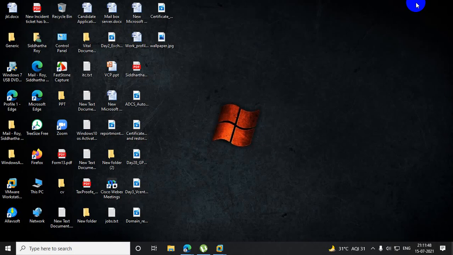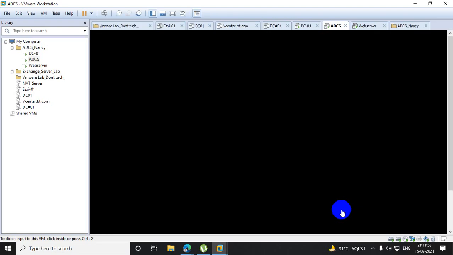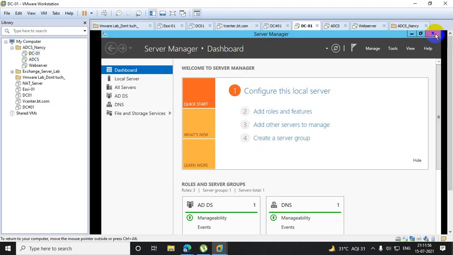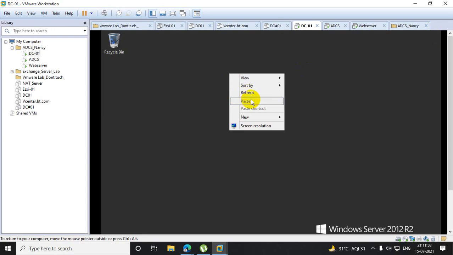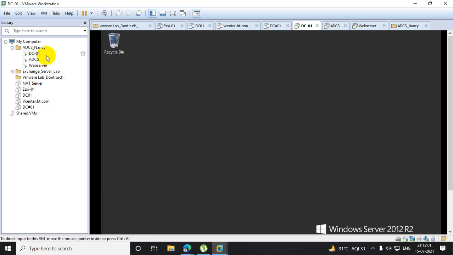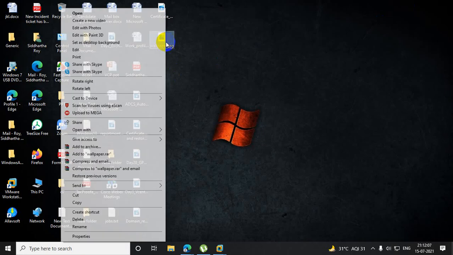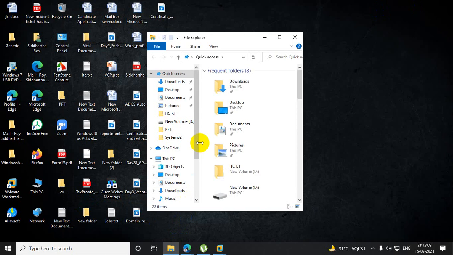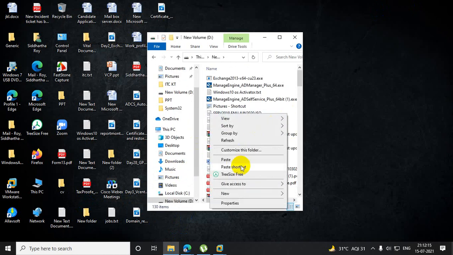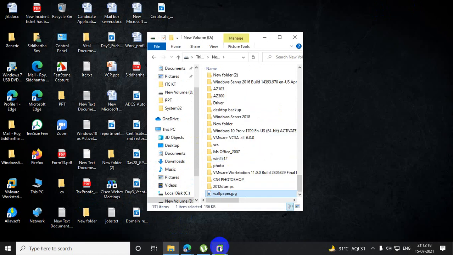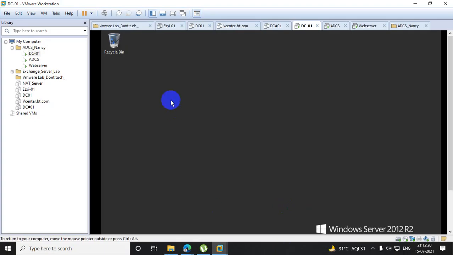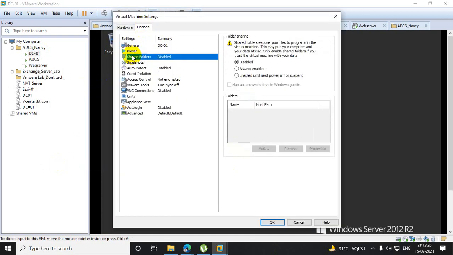Now let's see. I'm able to copy the file from there and paste it into my DC machine. But if it still does not allow me, then I have options. Just a minute. Copy this to my D drive. Settings, options, shared folders. Now it is enabled.